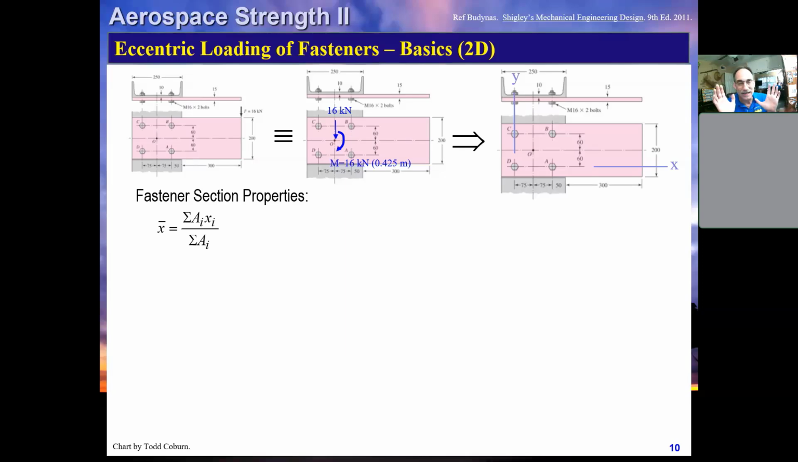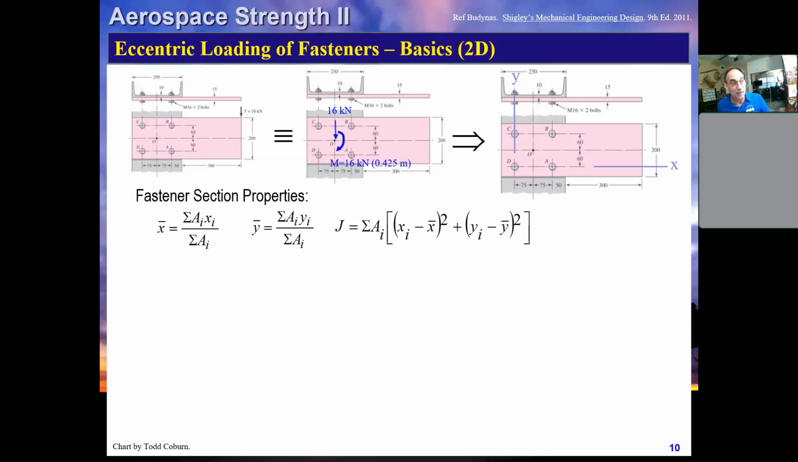Our X bar is simply the sum of the AXs over the sum of the A's, as always. The only difference is, instead of putting together little rectangles of properties, we're going to be putting together just little point areas from the fasteners, okay? Our Y bar is the same thing, the sum of the AYs over the sum of the A's. Our J we already defined was just each area. So what we're going to do is have each area times its X minus X bar squared plus its